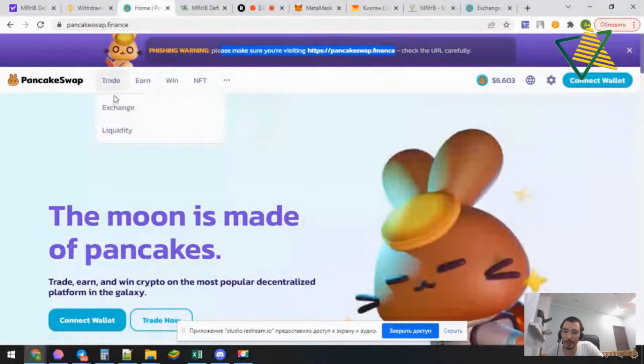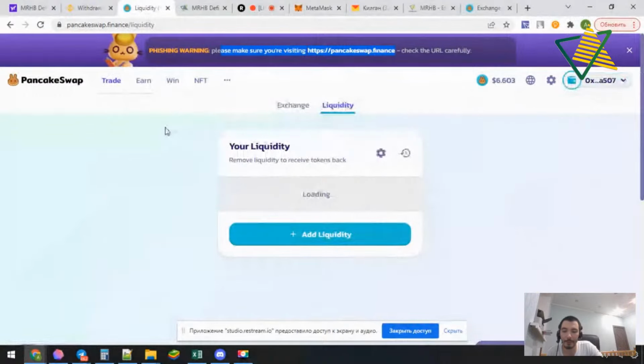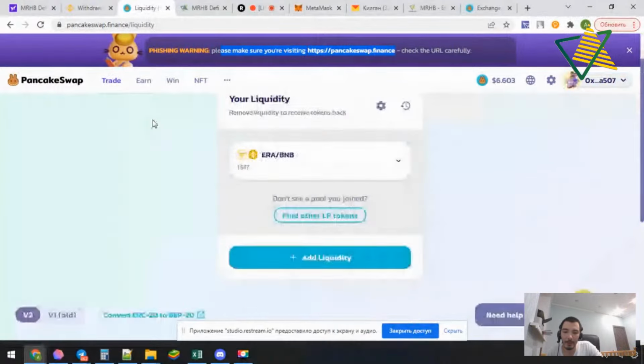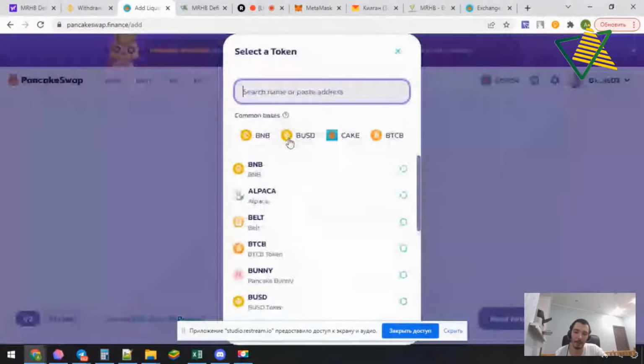In the trade menu, we select liquidity. And now you see one liquidity I have. We should press the add liquidity button and select two currencies. So liquidity is provided in a pair of currencies. It will be USDT and MRHB.